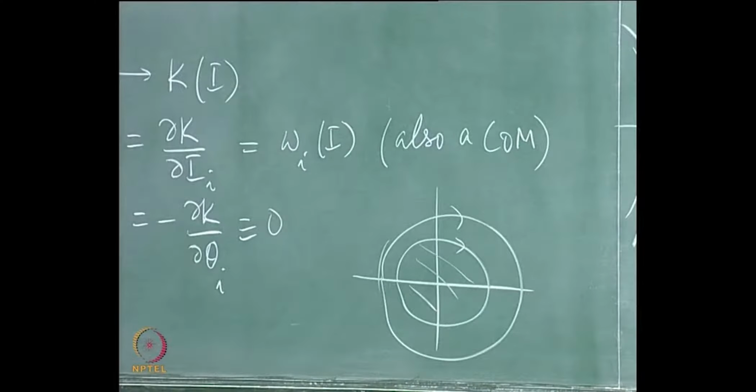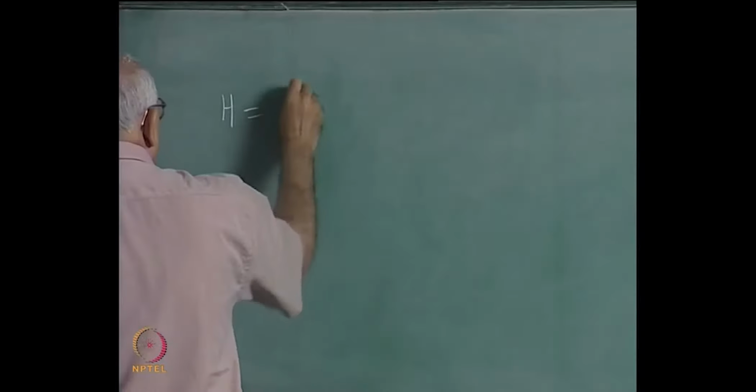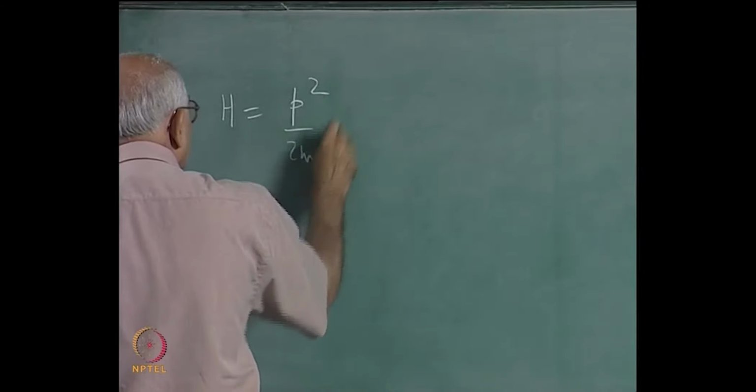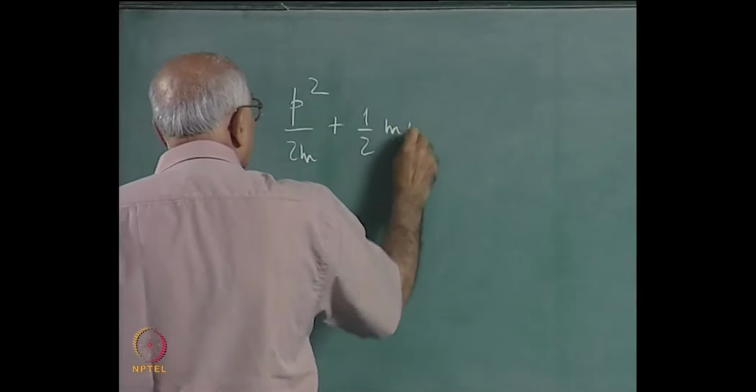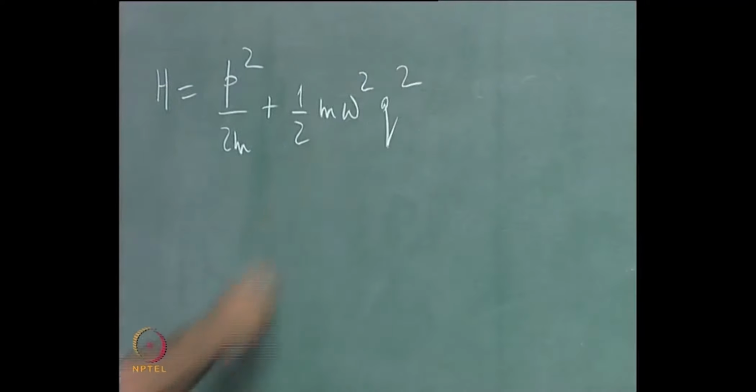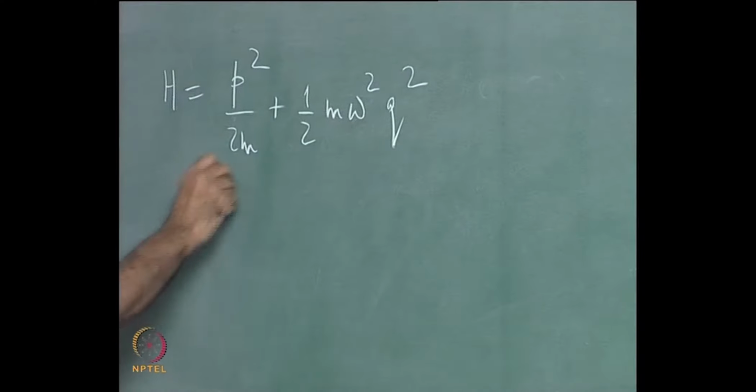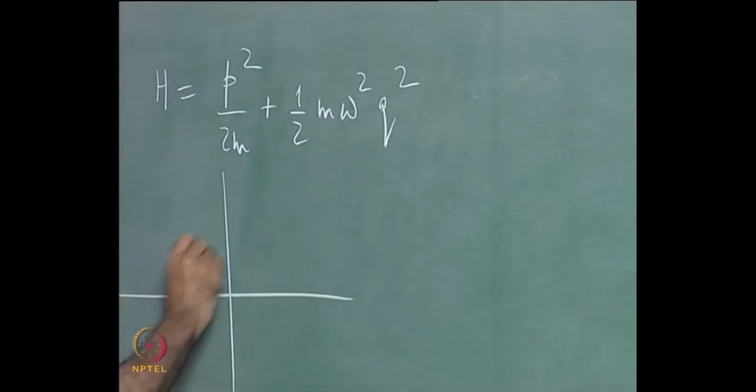And you can in fact relate it to the Hamiltonian itself in a very simple manner. For the oscillator, the Hamiltonian is p squared over 2m plus 1/2 m omega squared q squared, and if you took any typical orbit of energy E,